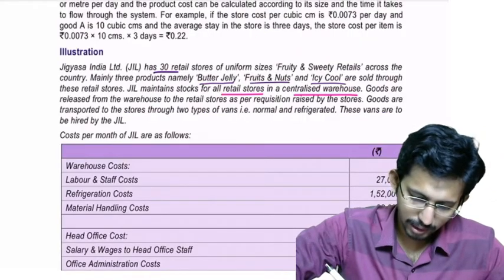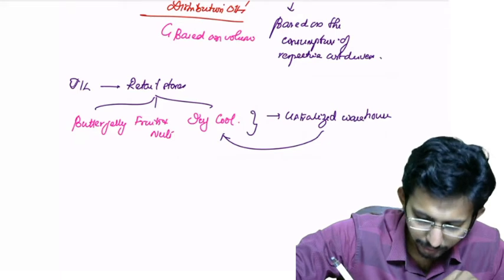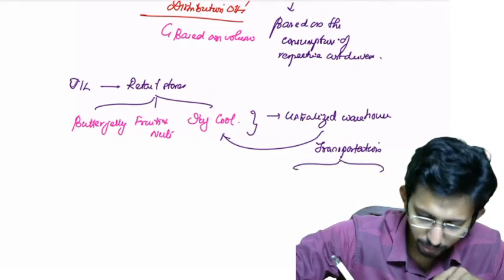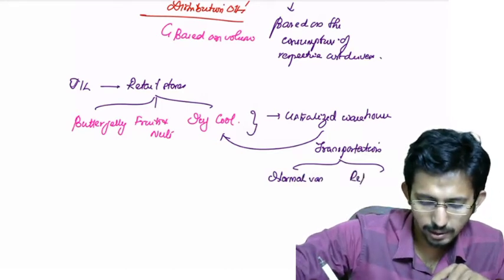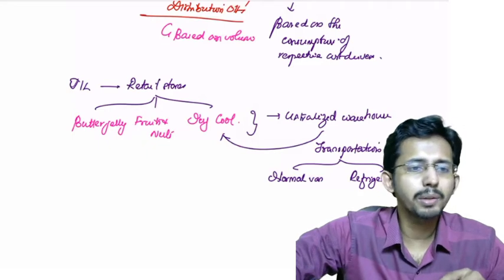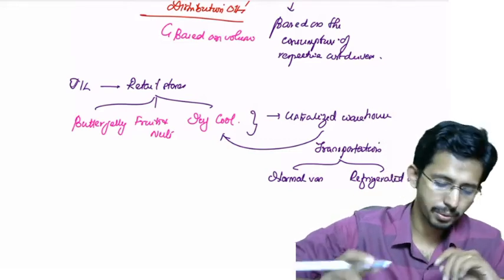Okay. Then goods are transported to the stores through two types of vans, that is normal and refrigerated. So transportation is through two types of van. One is normal van and then refrigerated van. Okay, why normal van? Normal van is required for transporting goods which do not require refrigeration, and refrigerated vans are required for transporting the refrigerated goods which